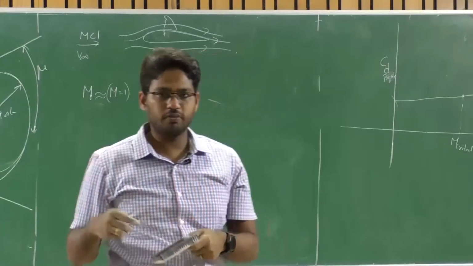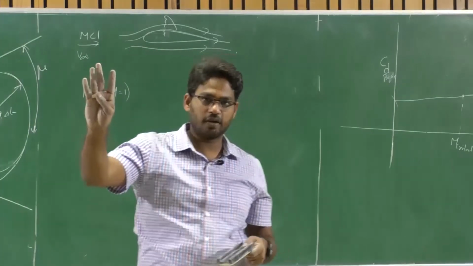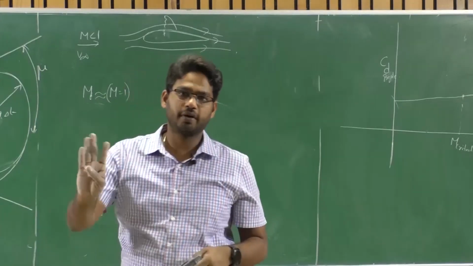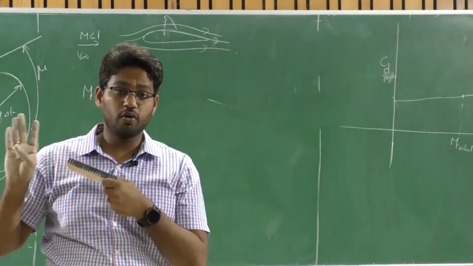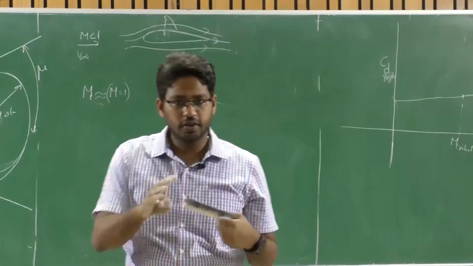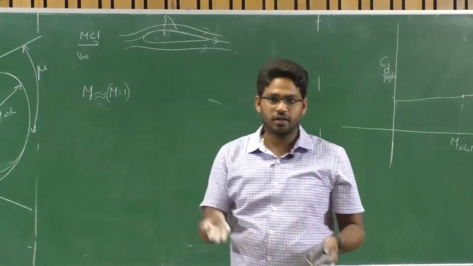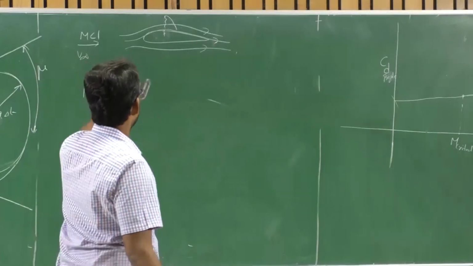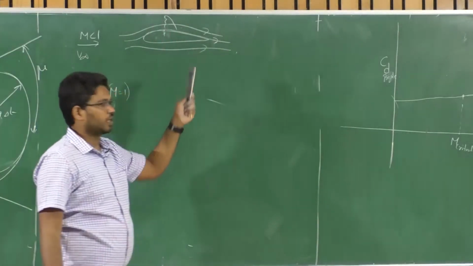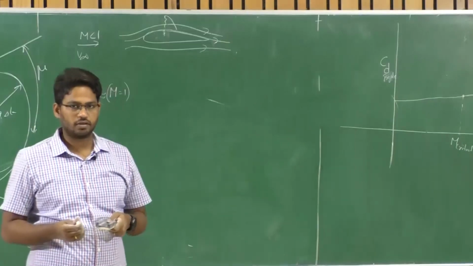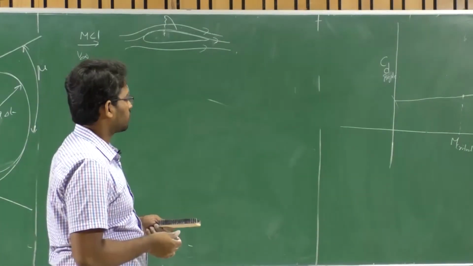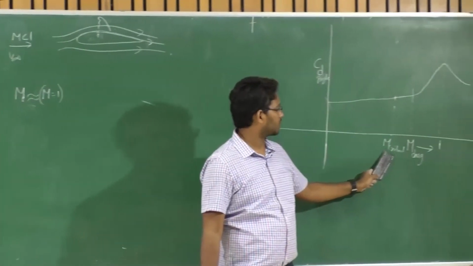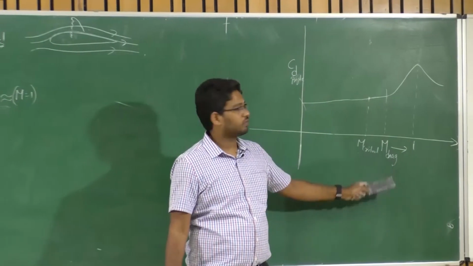In the previous problem, we saw that when we want to fly at higher velocities, once you solve it for different velocities, you get to know that you need more force to overcome the drag, because the drag increases, and the input to the system has to increase accordingly. So the main aim is to decrease this drag. There are various ways to decrease this drag, and we are not going to discuss them here, but I want you to understand what the critical Mach number is and what the drag divergence Mach number is.